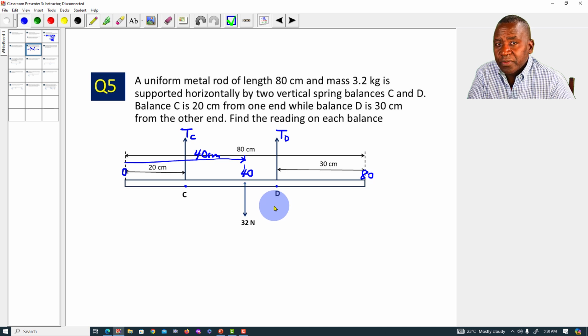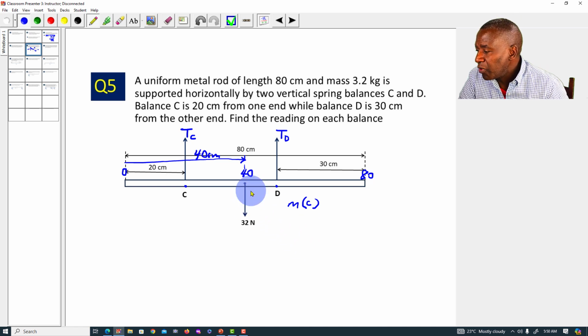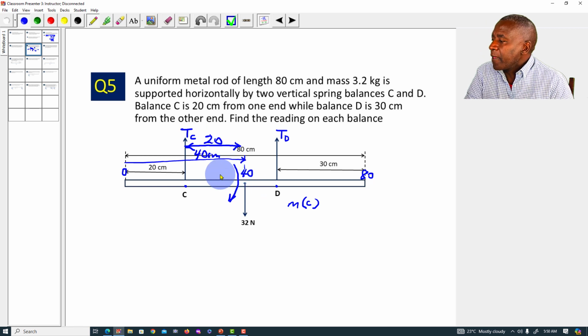So let's take moments about point C. Moment about point C. The clockwise moment will be due to the weight of the rod, that metal rod, which is 32 times this distance here, and this will be 20 centimeters. This will be 20 centimeters. And then